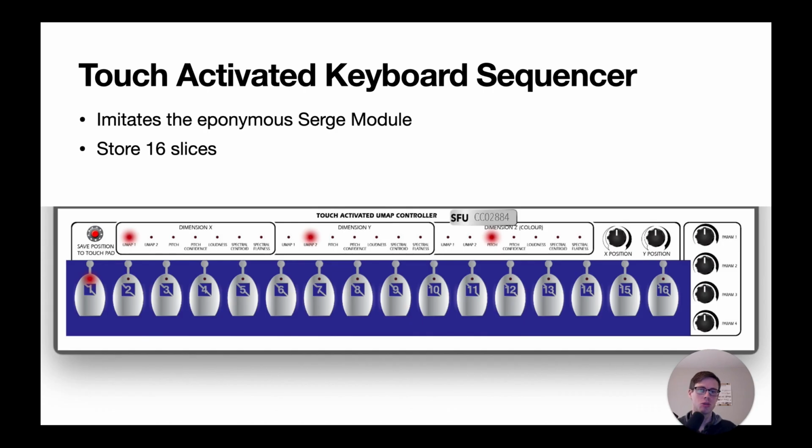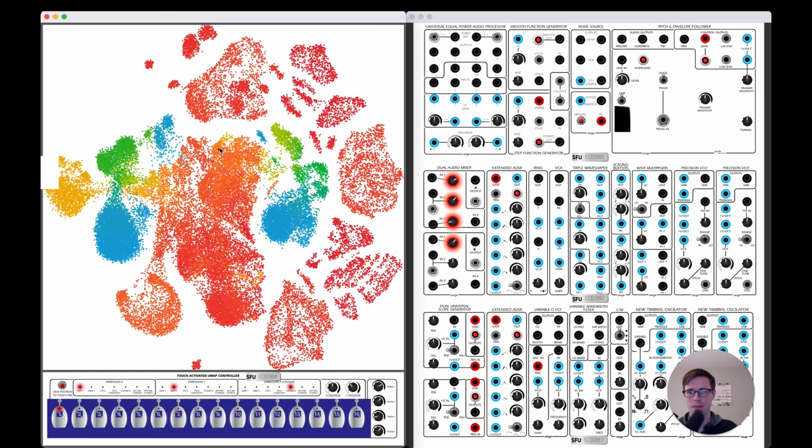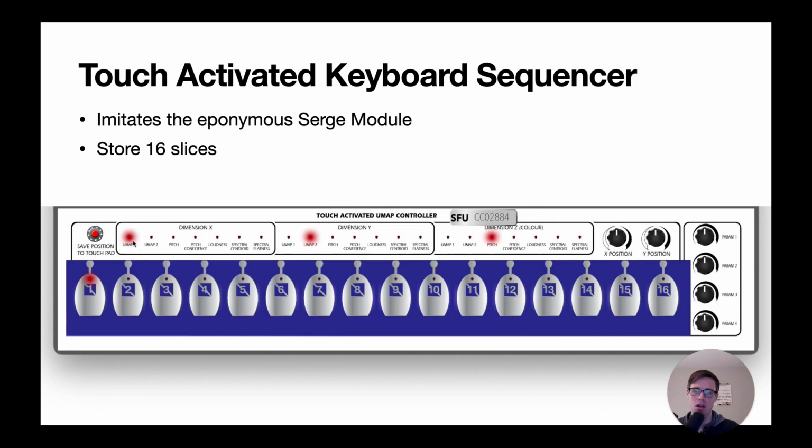In order to give the user a little more control over how they might be navigating these sounds and use them musically and performatively, we decided to also provide an emulation of the touch-activated keyboard sequencer that's found on the original Serge Modular. The user is able to store up to 16 slice presets, 16 data points that they find in the plot or in the parameter combinations, by simply pushing the save button and then choosing which step they want to store it in. And this is important because as the user is using SMAI, they might want to return to a particular sound